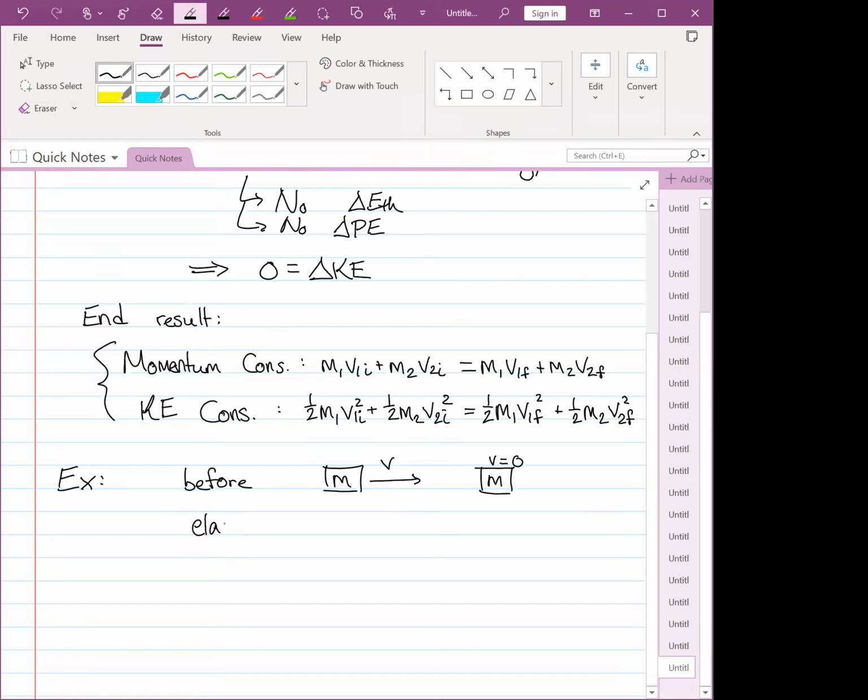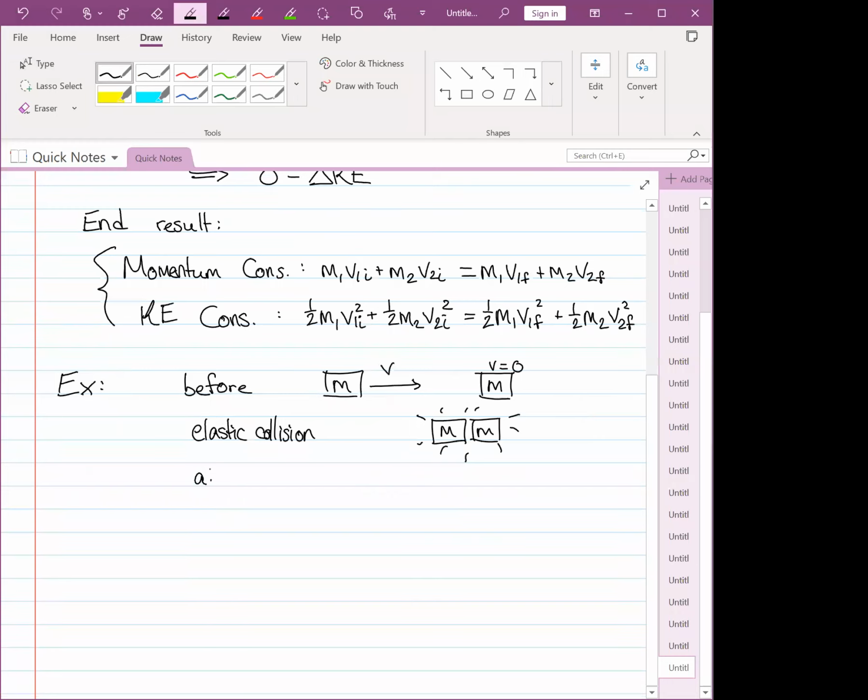Then there's some elastic collision that occurs, meaning that it's springy. One hits the other. I'm going to draw that by drawing little sparks or whatever. And then after the collision, we have